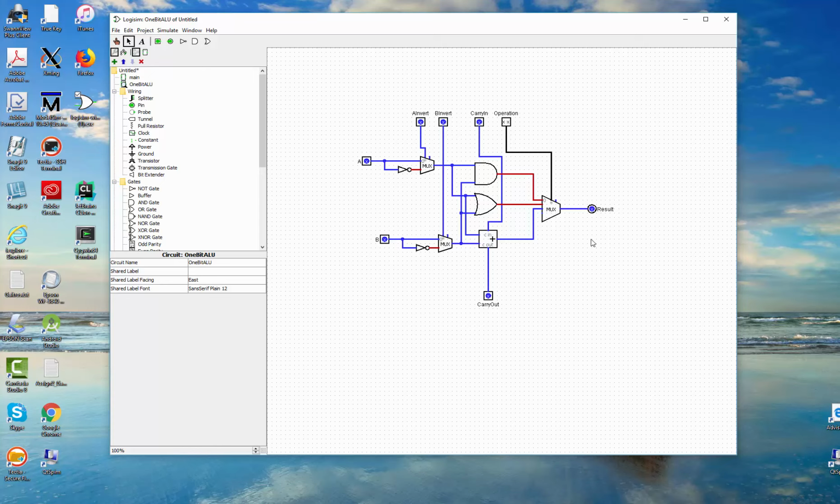We can test this out. A quick test of it will reveal whether it actually works or not. We'll turn this on. The carry in will be 0. The operation will be, we'll do an add. B invert and A invert are off, so we'll add 1 and 1, and that should be a result of 0 with a carry out of 1,